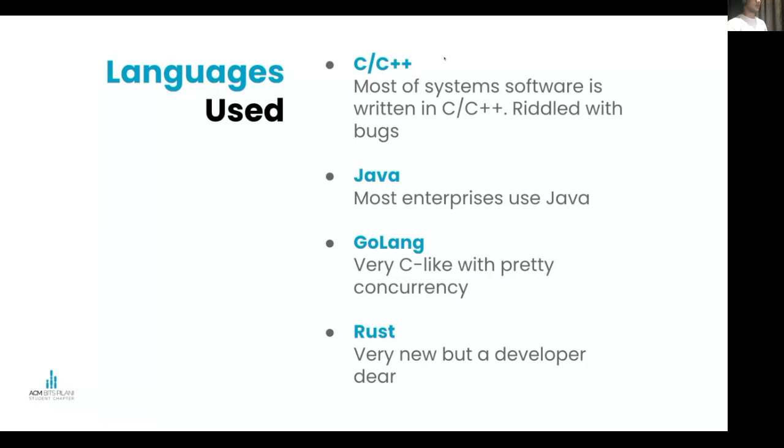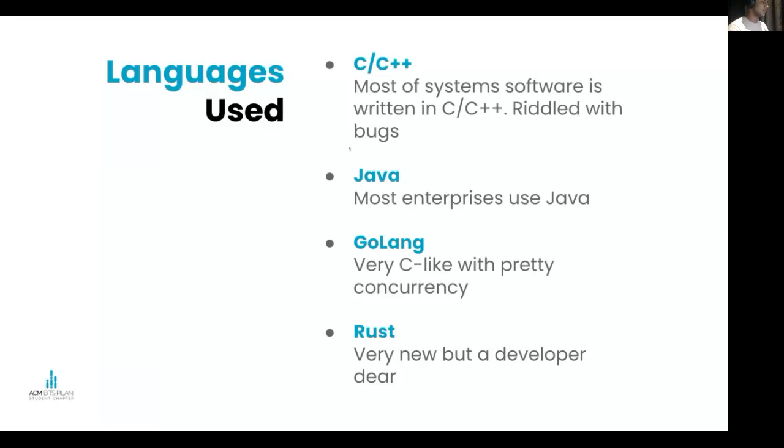But the problem with C and C++ is it is riddled with bugs. Software written in C++ requires a lot of experience. You'll need a lot of experience to write anything using C++. It's so unlike Python. If you start learning Python today, tomorrow you're able to write a piece of software. But those of you who worked with C++ know that it's not the case with C++. You have to spend a lot of time to be able to write anything meaningful with C++.